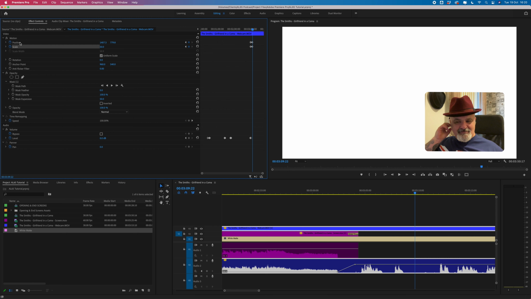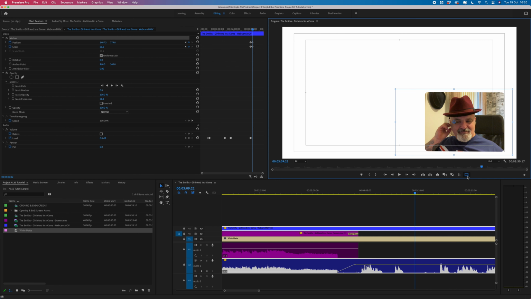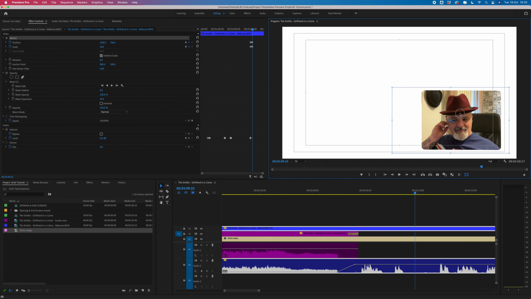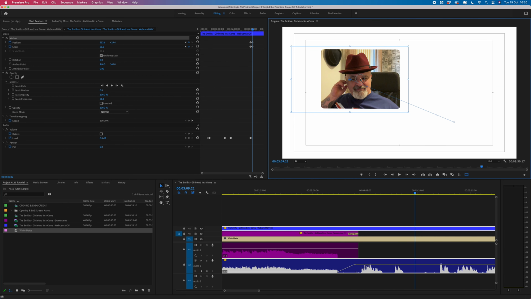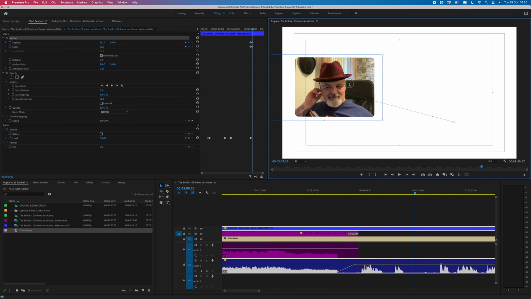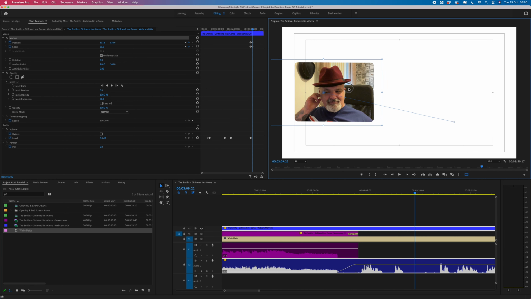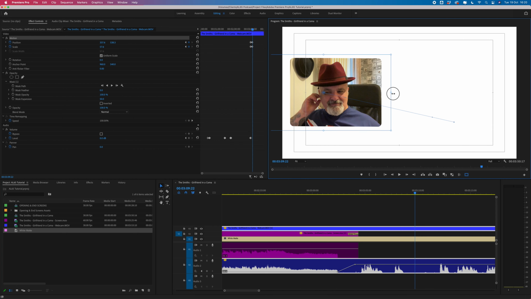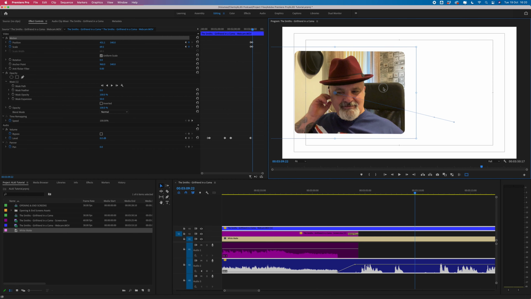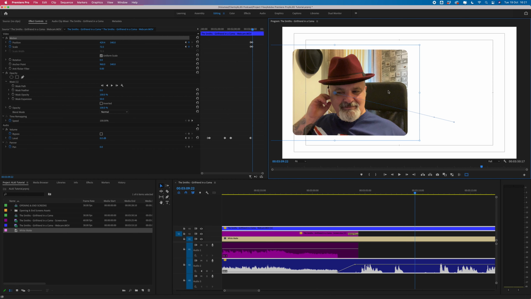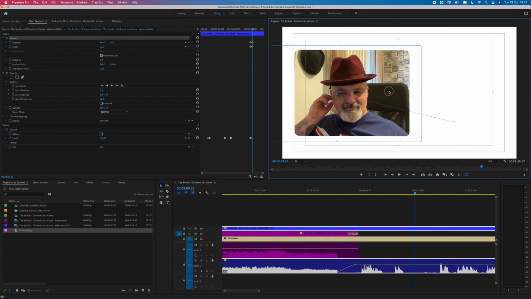Now what we're going to do is treat this like it's almost its own clip. So we're going to click on motion again, we're going to go up to here, and we're going to resize it. We're going to move it around like it was, except this time you've got a little arrow, like a little line pulling it off, and don't worry about that for now, that's absolutely fine. So we're going to drag it so it's centered vertically, and we're going to just resize it so that it's a little bit bigger. Okay, you want it generally over, so it's just creeping over the halfway line there, because we're going to put something in this space. So you can see now, if you watch it back,